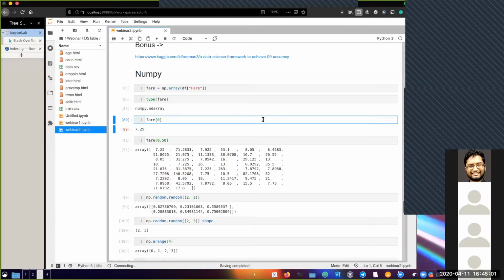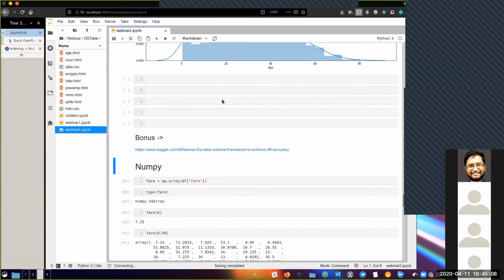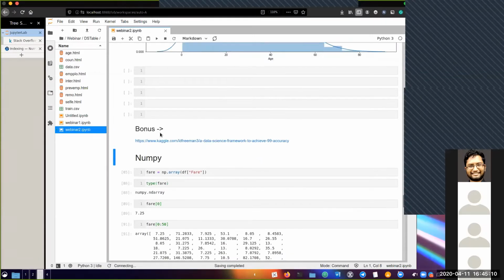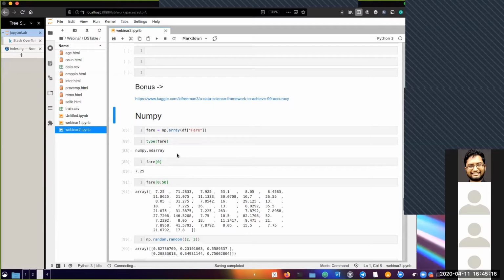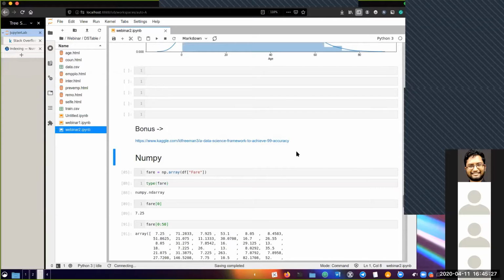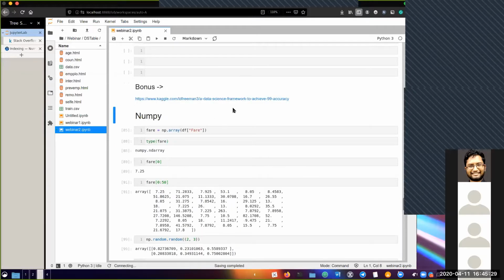Right now, I will try to give you an introduction to NumPy. It won't be as comprehensive as the pandas one because you might not actually need that much of NumPy initially. You will need it later on when you are a little more practiced, but it's important and it will make your journey a little easier if you know the basic syntax